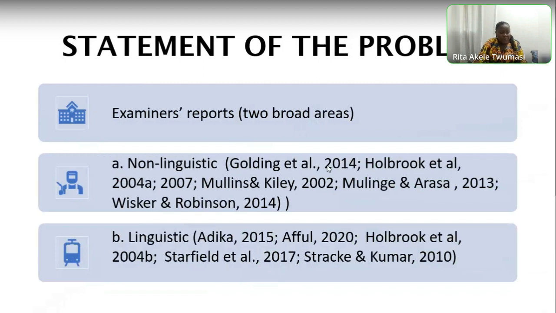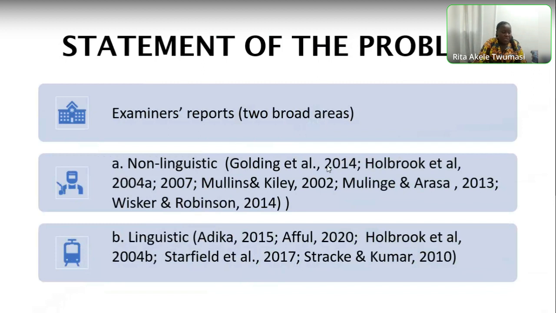But all of that seems to come from the Australian, Asian Pacific, and perhaps the West, and other parts of Africa, like the South. Ghana, in particular, only recently began to show interest in the study of examiners' reports. We can have studies like 2015, Afro 2020, and July 2020. But Thomas Akele 2015 has taken the linguistic aspect a step further in employing SFL in the study of examiners' reports. The same thing cannot be said of studies that were done in Ghana and elsewhere in Africa.